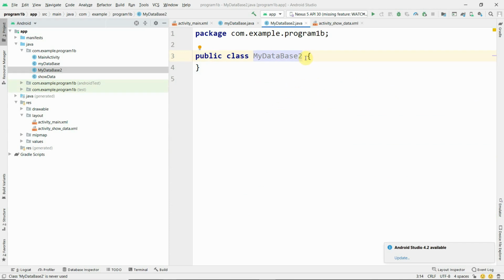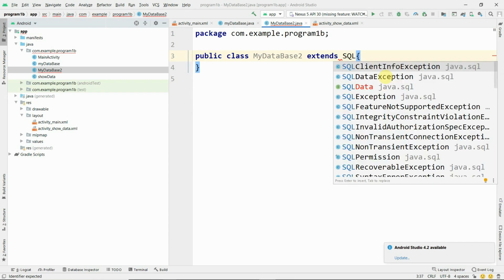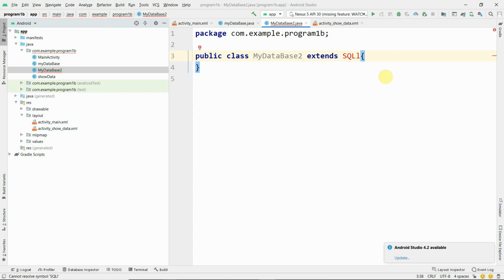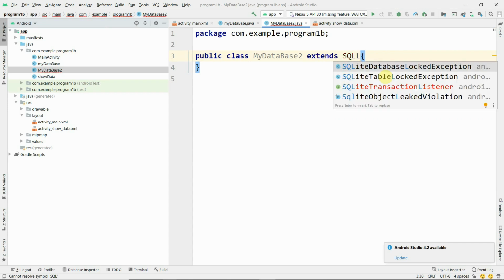Then give extends, and then SQLite Open Helper.